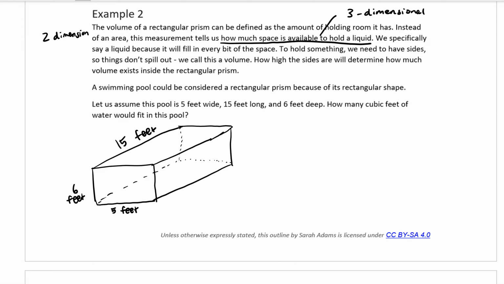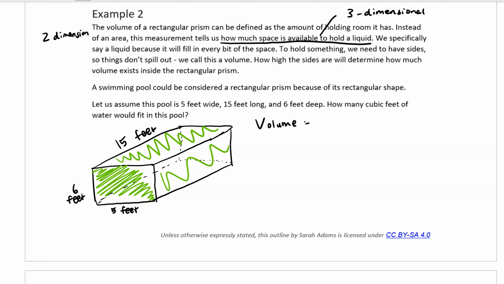And if we were thinking about area, basically the front of the pool is a rectangle. And so if we wanted to calculate the area of just that green front face, it'd be 6 times 5, which would give us 30. But then we have all this 15 feet going back here. And so basically we want to multiply the 30 by the 15 since that's how much it's being stretched back. So the volume